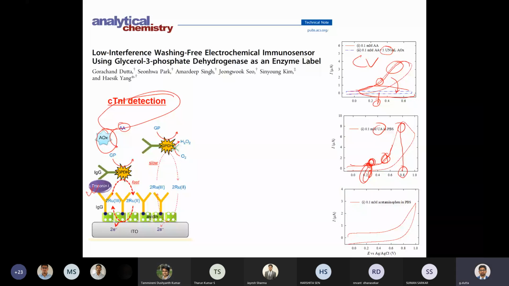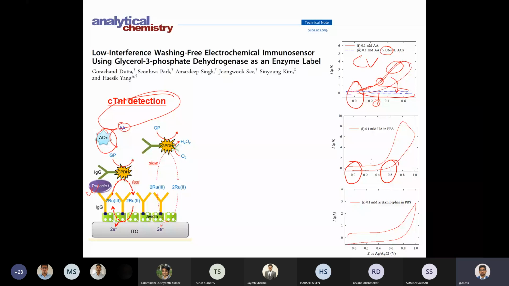So these are the main things. In a washing-free biosensor, you have to avoid the effect of interfering species. One main technique you can use is the choice of applied potential. You cannot apply a very high potential in a washing-free biosensor, so you have to apply a potential around here, because you will see that in this case you get almost no current,